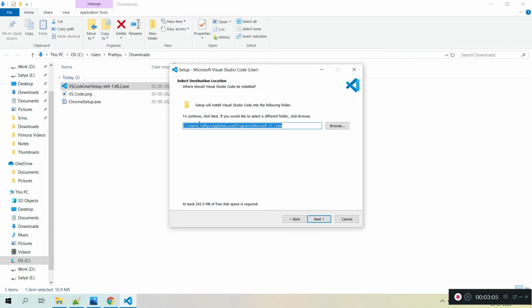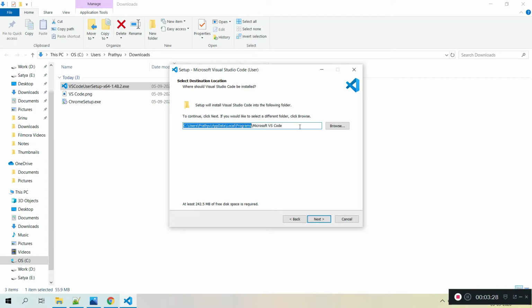Here you can observe the path. This is going to install at the user's AppData Local Programs folder, inside the Programs folder. So this is a base path. This is not going inside Program Files. It is going to the particular user's local programs.